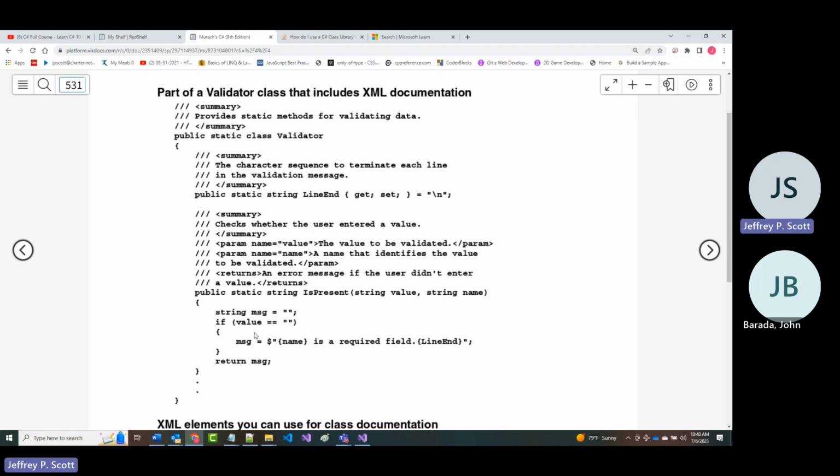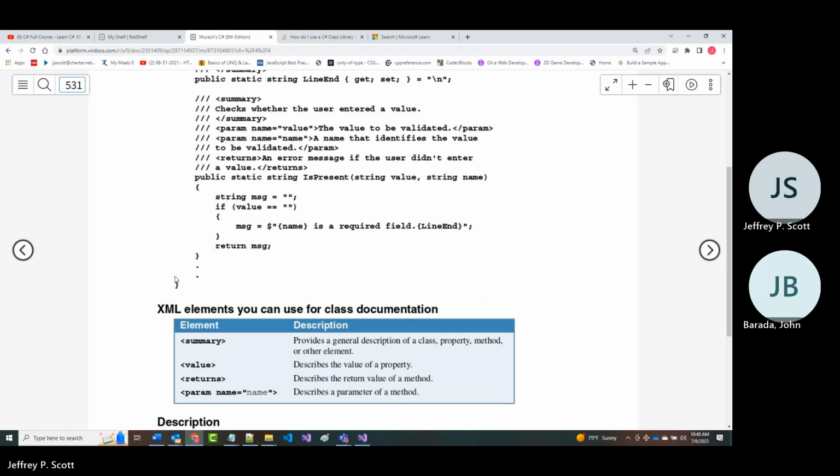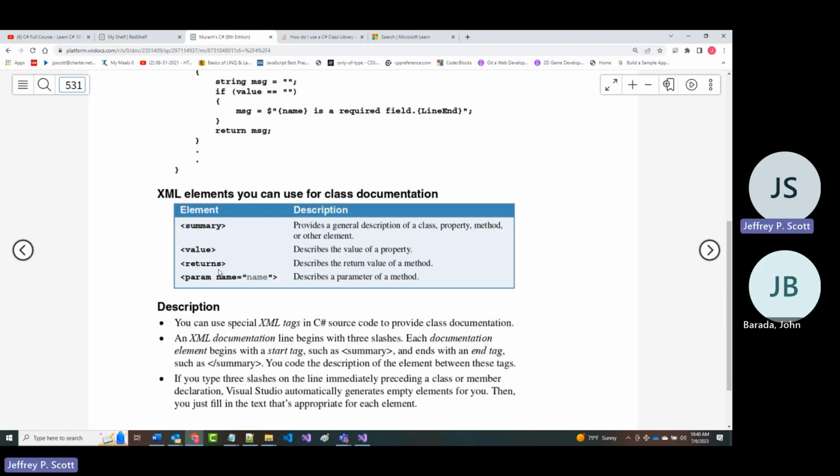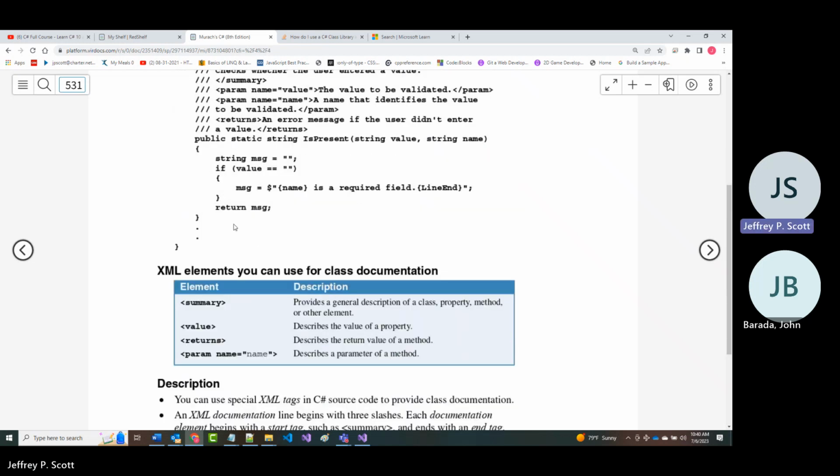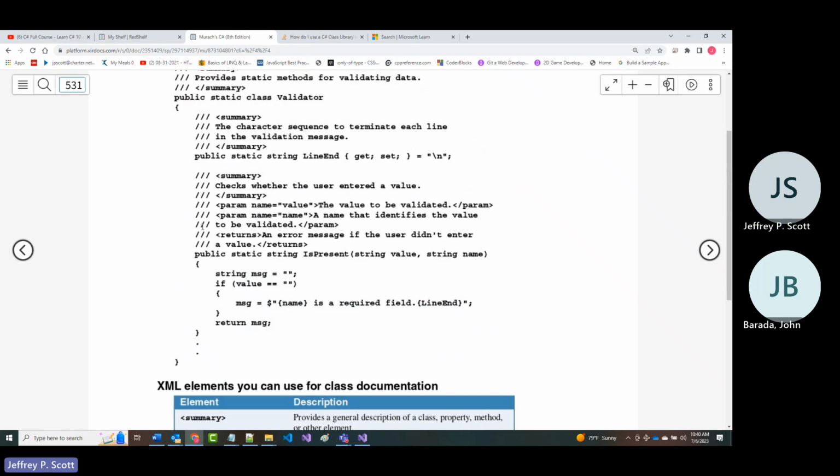For instance, with the params, you could put in there exactly what parameters were being provided to a method, the type they were, what should be returned, etc. So this is using both the param name and the returns in here.